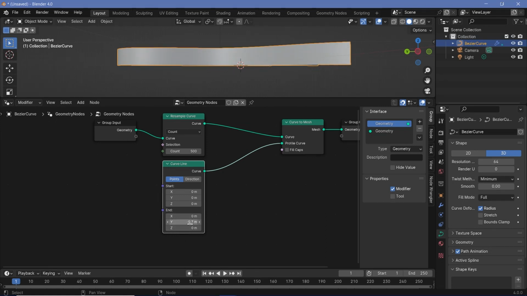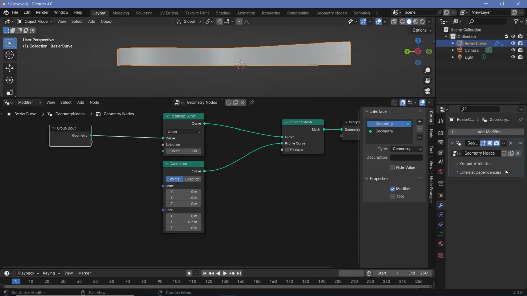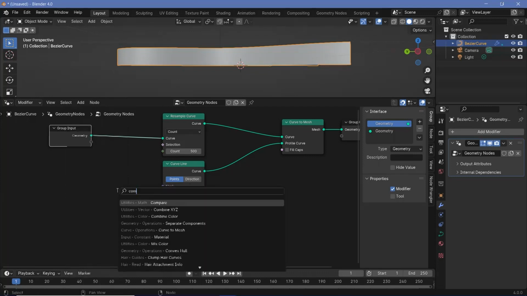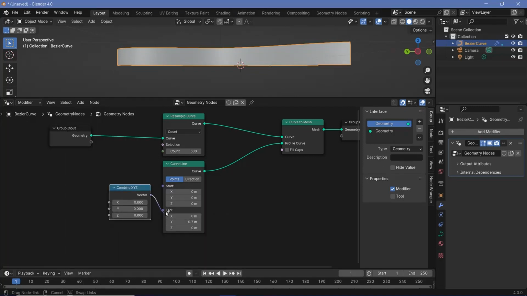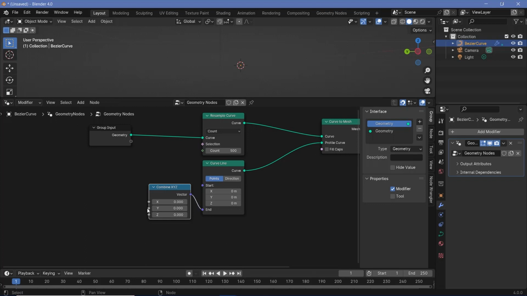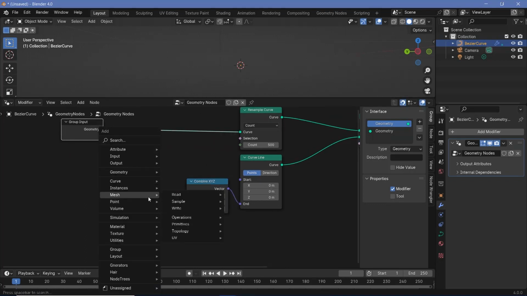Apart from that, I also want this to be controllable from outside, which means right from the modifier tab over here, I should be able to control the height of the Aurora based on the scene in which I'm using this. So I want to control just the y-axis as an input. So I'll press Shift A and search for a Combine XYZ node, plug this vector into the end socket right there, and I can take this Y and plug that into an input, but before that I'm just going to